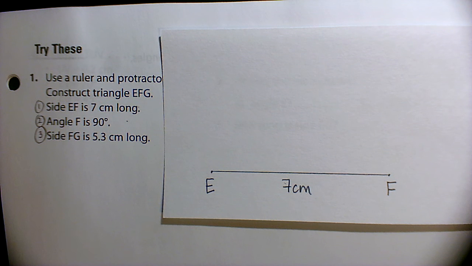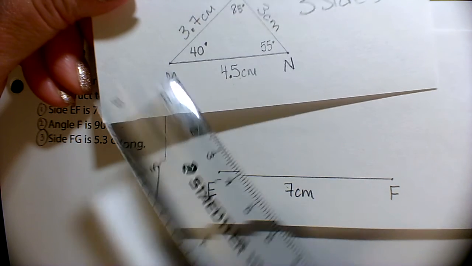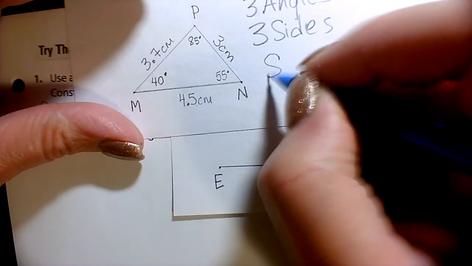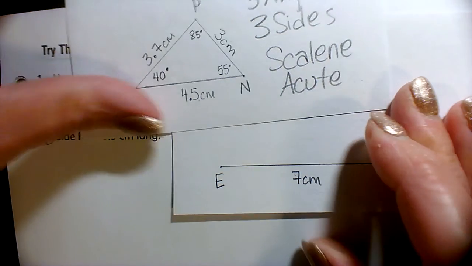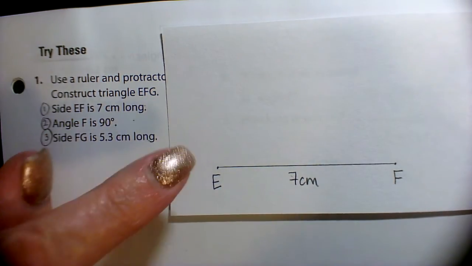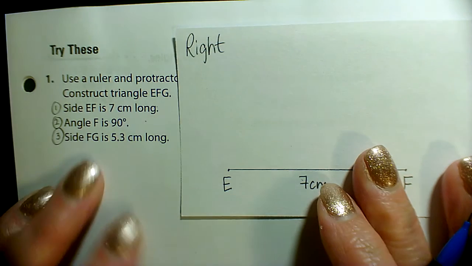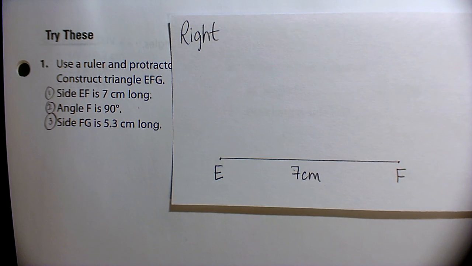All right. We've got a 90-degree angle. So this one is not a scalene triangle. Actually, it could be a scalene triangle if all my sides are different, but it is a right triangle, whereas this guy here was acute. All my angles were less than 90 degrees. So this one was a scalene and it was acute. So we know for sure that this guy is at least a right. He is at least a right. And I suspect, we have two sides that are different, I suspect he will be a scalene also. But